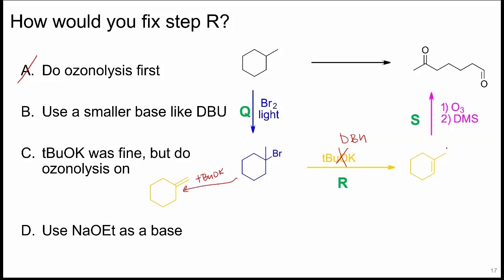Some of you chose C, which is not going to work either. If we did ozonolysis on this product here, we would get a ketone plus formaldehyde. And if you want to use NaOEt as a base, that one sometimes acts as a base, but a lot of times that can result in a mixture of SN2 plus E2 products. So if we want a surefire way to get to our elimination, you want to use something that's going to act as a base only. Sodium ethoxide can act as a base or a nucleophile. Any questions on that problem?